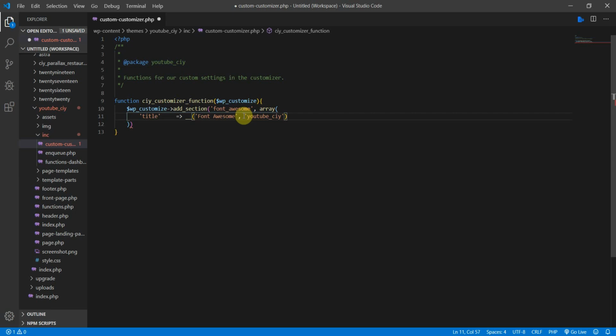Then outside the parentheses, a comma, because we need one more key here. And it's going to be a description. So the person who comes on here knows what this is. So it's going to say add font awesome icons, and that's that. And then priority, and the priority is what's going to decide which order it's going to show